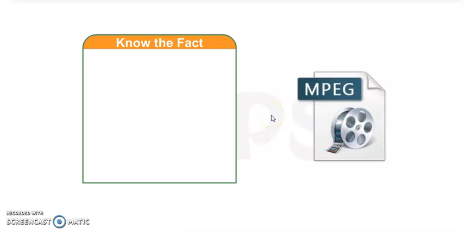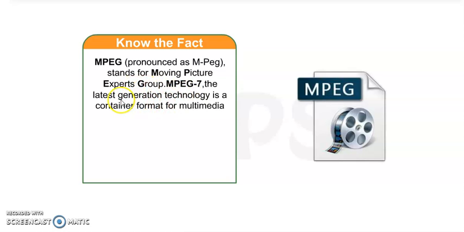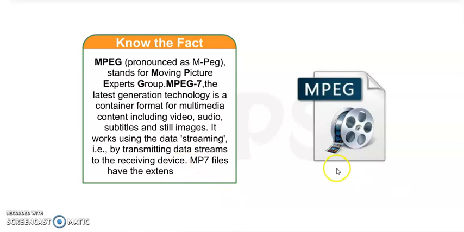Now there is one fact to know. MPEG, pronounced as MPEG, stands for Moving Picture Experts Group. What is the full form of MPEG? Moving Picture Experts Group. MPEG-7 is the latest generation technology, a container format for multimedia content including video, audio, subtitles and still images. Okay, images also. It works using data streaming by transmitting a data stream to the receiving devices,